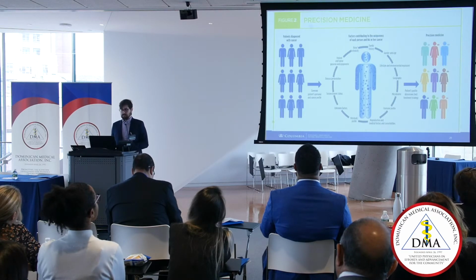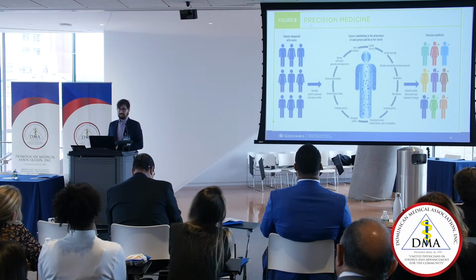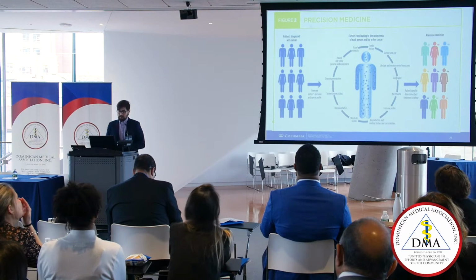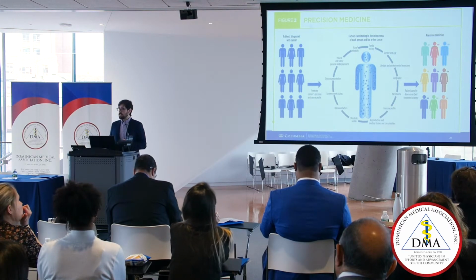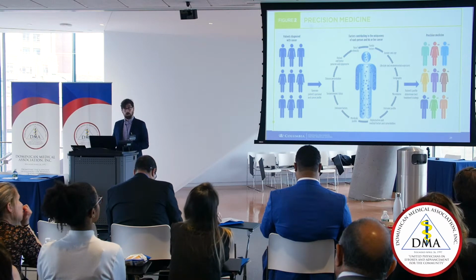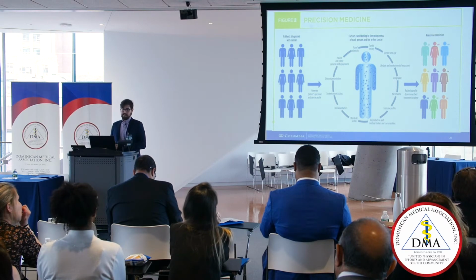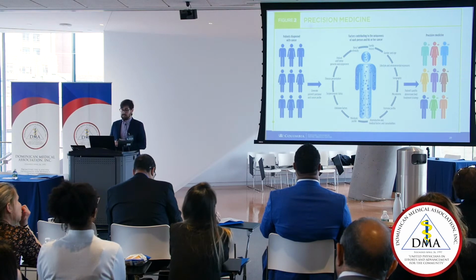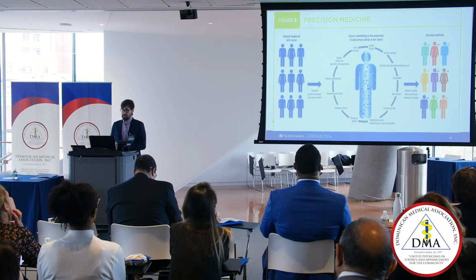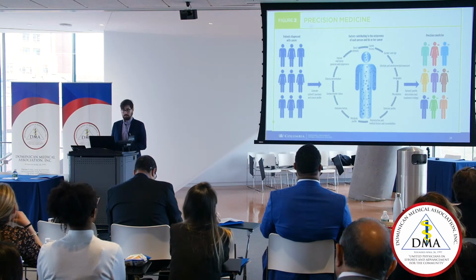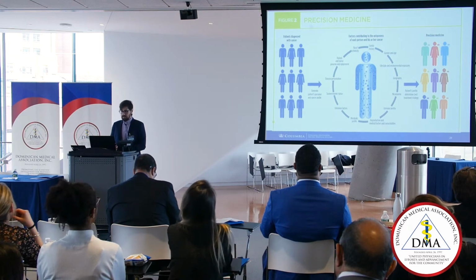So this fits with the model for precision medicine, which is that a patient will be diagnosed with a cancer, but not every lung cancer will be the same, not every colon cancer will be the same. So you really have to take into consideration the patient's history, their race, their family history, their gender, their lifestyle, what they're exposed to, and then combine that with their genetic data and try to find the most appropriate and best therapy for that patient. So that's our goal in precision medicine, and molecular pathology wants to be part of that as well.